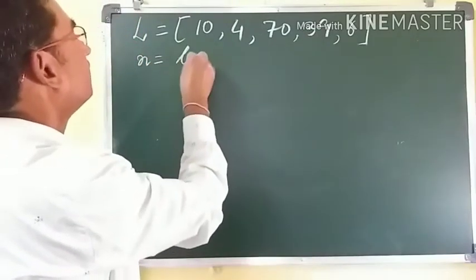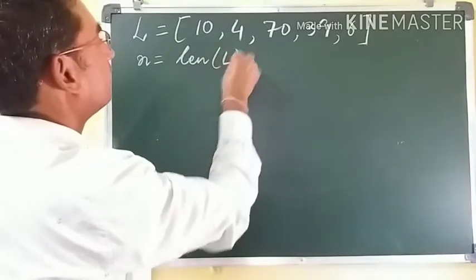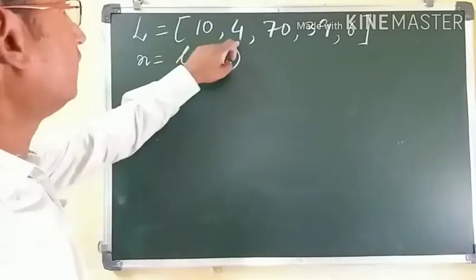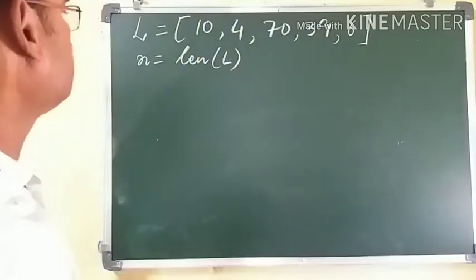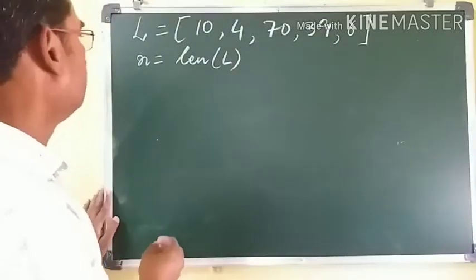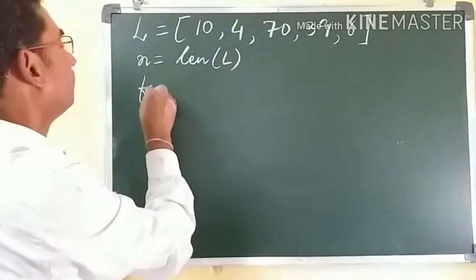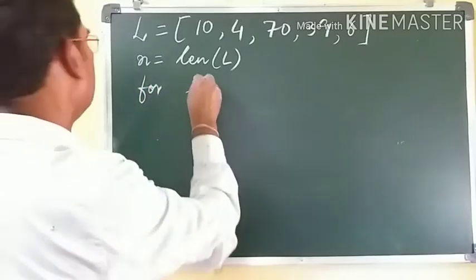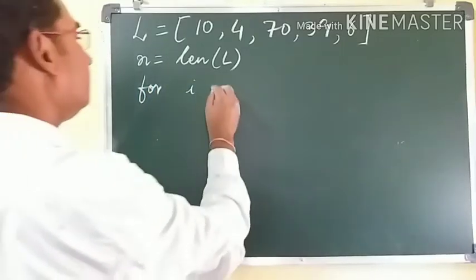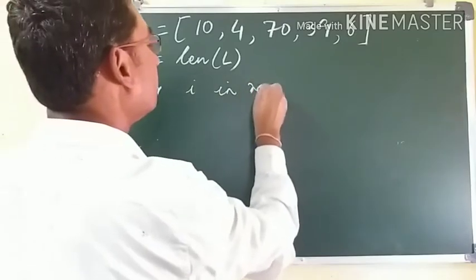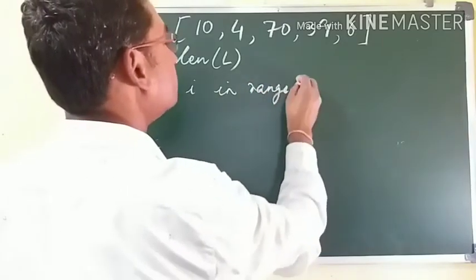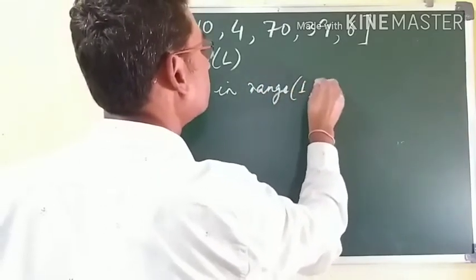For finding the length of this list, means 0, 1, 2, 3, 4, there are 5 elements. The value of n will become 5. For i in range 1 to n,